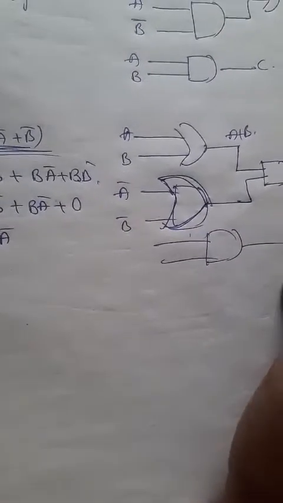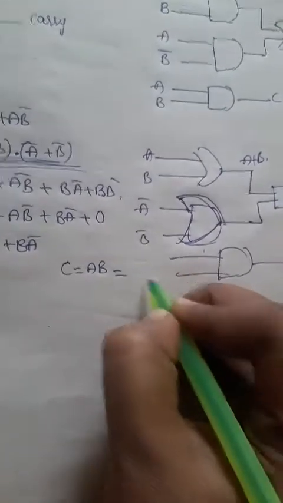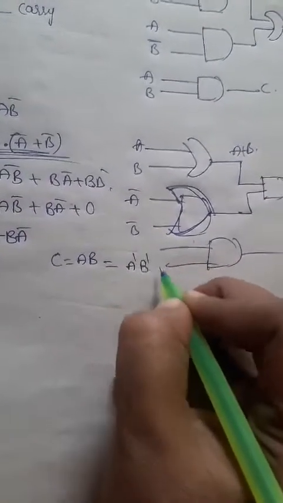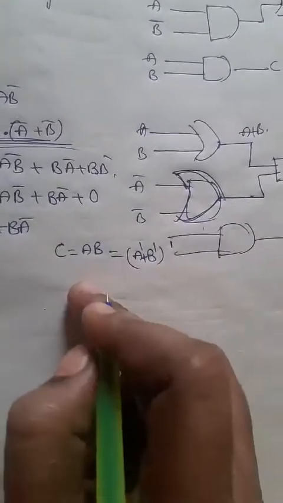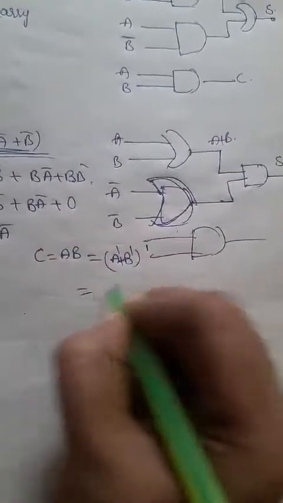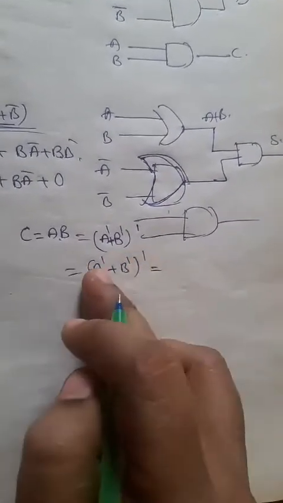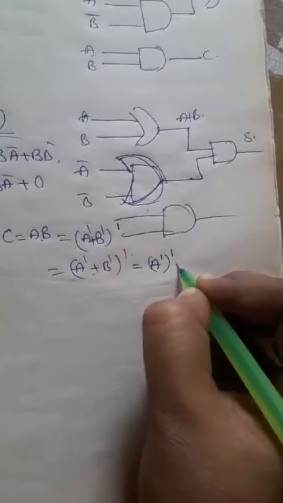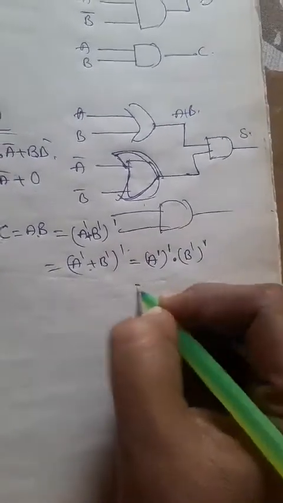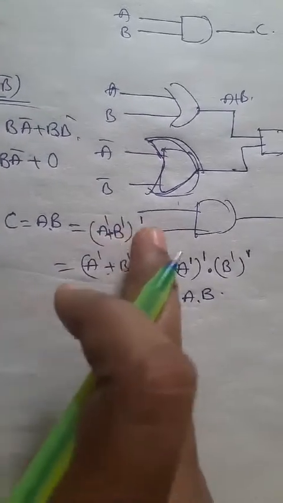Or you can choose the carry function like this. Carry is actually AB, right? This function can be rewritten as (A complement plus B complement) whole complement. Like this also you can write it for carry. Is it right or wrong? Check it first. Is it equal or not? So for (A complement plus B complement) whole complement, I can apply the complement to the whole function. Then A complement whole complement, plus will become dot, and B complement whole complement. A complement whole complement means A, and B complement whole complement means B. So you may write this function like this also, that means (A complement plus B complement) whole complement.